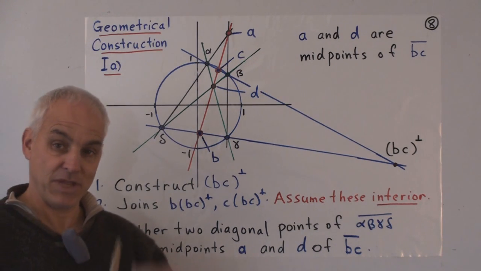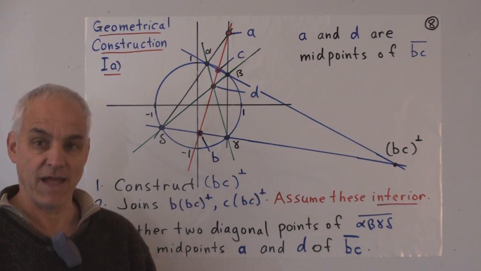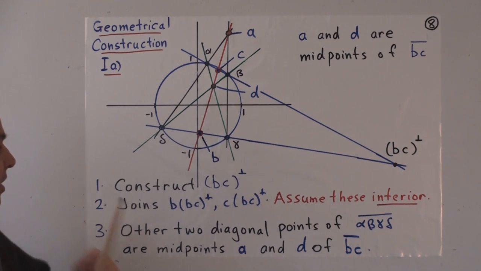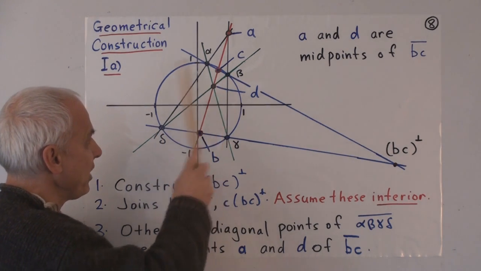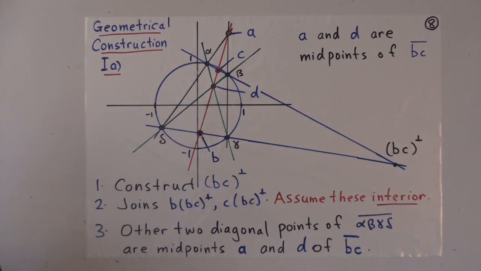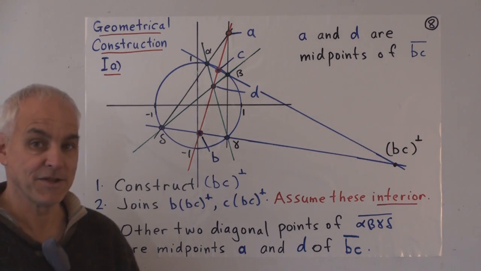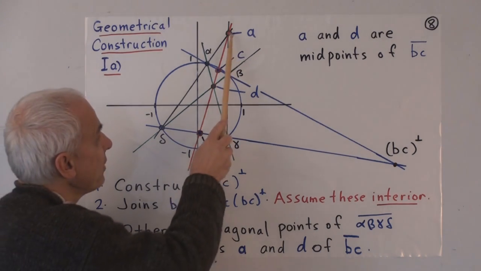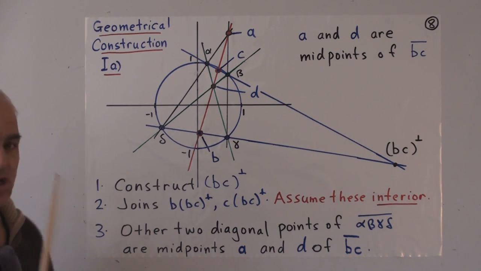So I want to show you now that if you're given 2 points B and C, how do you go about trying to find midpoints of that side? Well, there are different cases, okay, depending on the relative positions of B and C. So in this example, the first one, suppose that B and C are both inside the circle. So there's B, there's C. We want to find a midpoint, or maybe midpoints, of BC. Well, here's where they are. There's one midpoint A, there's another midpoint D. How do we construct those geometrically?